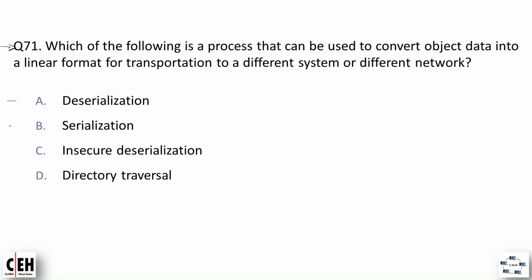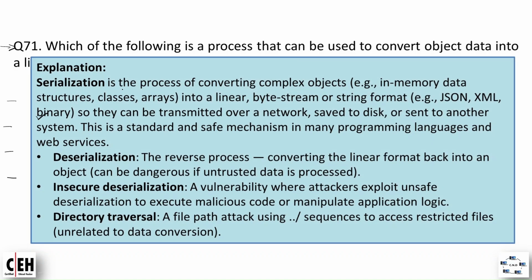Option A, deserialization. Option B, serialization. Option C, insecure deserialization. And option D, directory traversal. And the correct option is option B, serialization. And the explanation is, serialization is the process of converting complex objects, for example, in-memory data